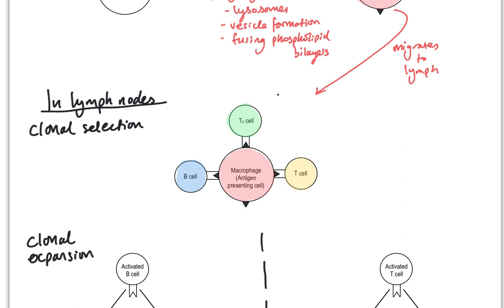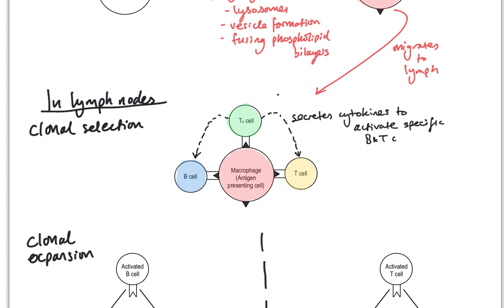Okay, and we're going to talk about the T helper cell first. So this is my T helper cell, and it basically makes a chemical that's going to stimulate the T and B cells. And when I say B cell, TH cell, these are all lymphocytes. And you can say that in an exam, a B cell instead of a B lymphocyte. So this dotted arrow here, this secretes cytokines, which is a chemical stimulant to activate specific